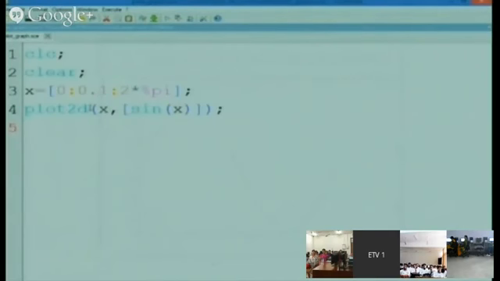In MATLAB we are using only the keyword plot. In Scilab we are using plot2d(x, sin(x)).